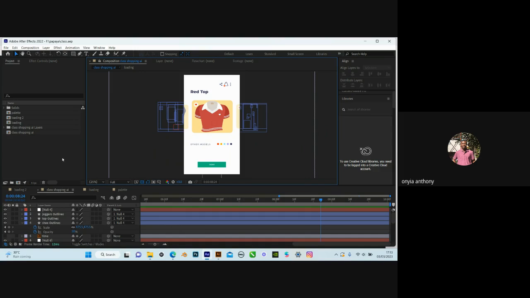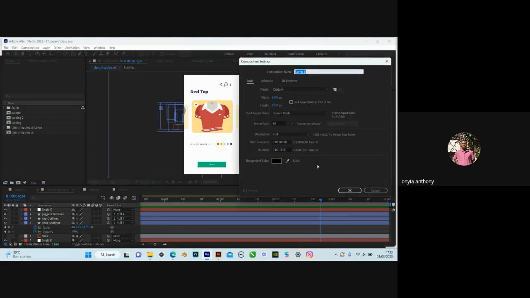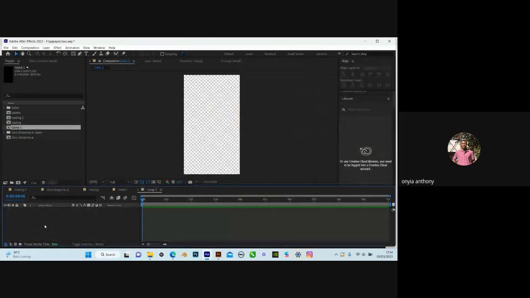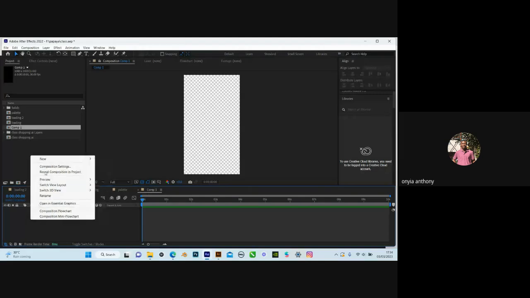Since I think everyone can see, we are going to start with the loading animation. Create a new composition. We're going to be using a mobile phone dimension, so 1080 by 1920, 30 frames per second, 10 seconds. So basic stuff. We'll start by right clicking, new,